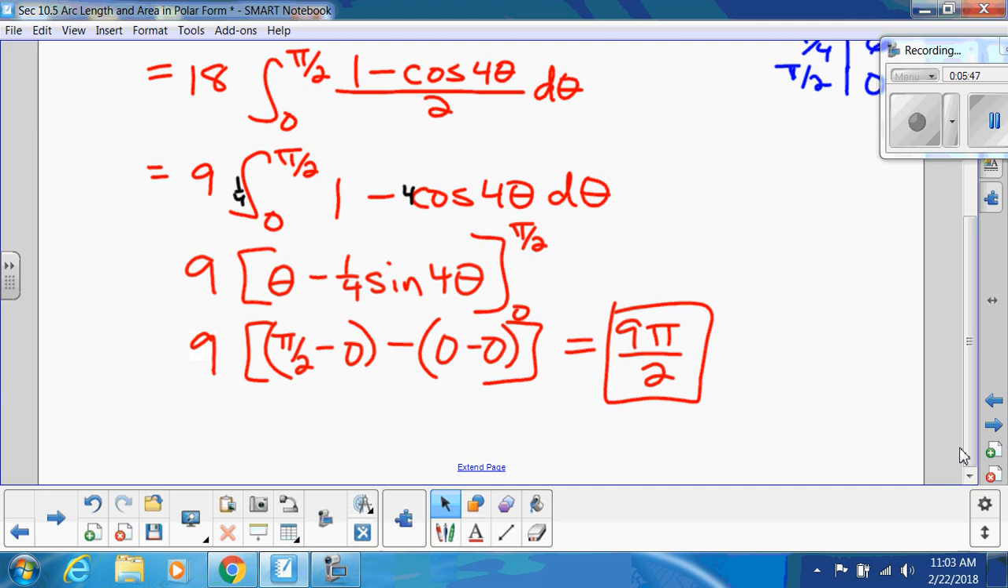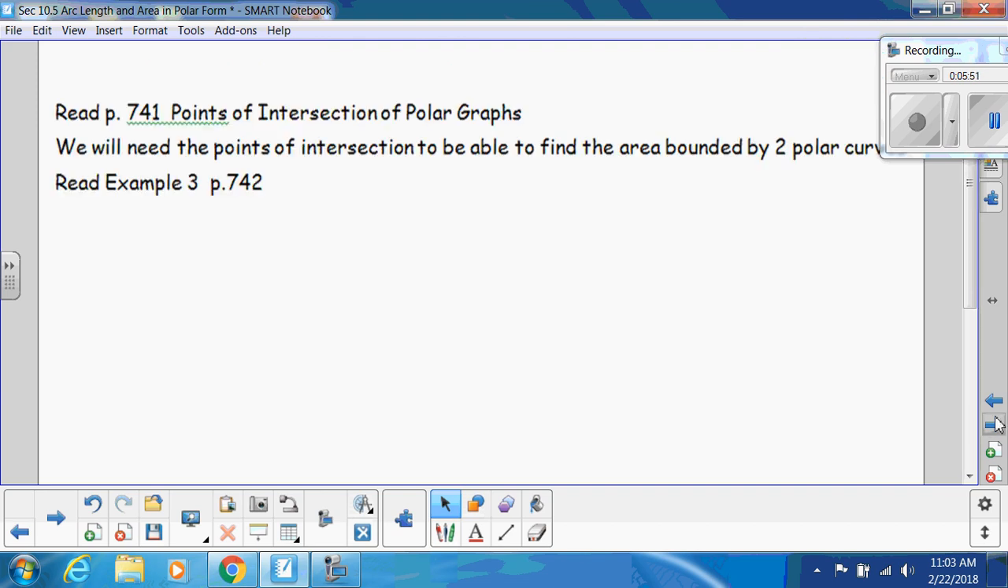Okay, so now what we're going to do is look at points of intersection on polar graphs. Again, look in your book on page 741 so you can see some nice visuals. We need the points of intersection to be able to find the area bounded by two polar curves. So here's the thing. If you look at the limacon and circle diagram on the bottom left on that page, you can get those points